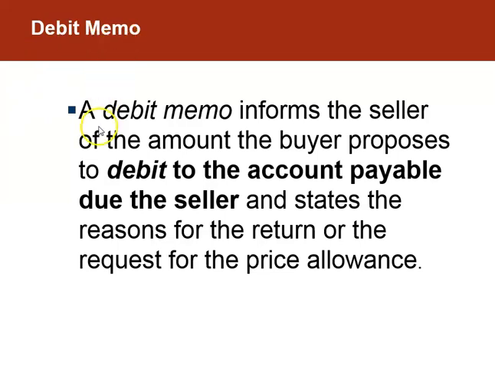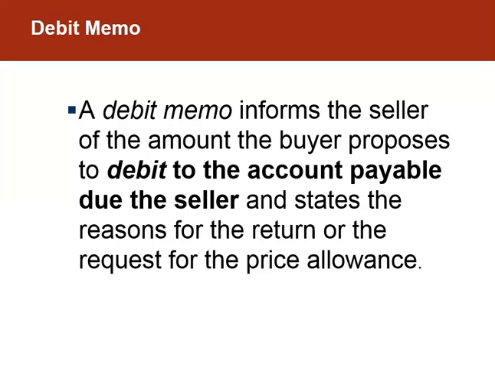Debit memos. It says here, a debit memo informs the seller of the amount the buyer proposes to debit to the account payable. Remember, when we set up an account payable, we're setting it up with a credit. So if we issue a debit memo, what we're essentially saying to the seller is that, okay, we set up an account payable for $9,800, but $500 of this merchandise is the wrong thing, and we don't want it. So instead of paying you